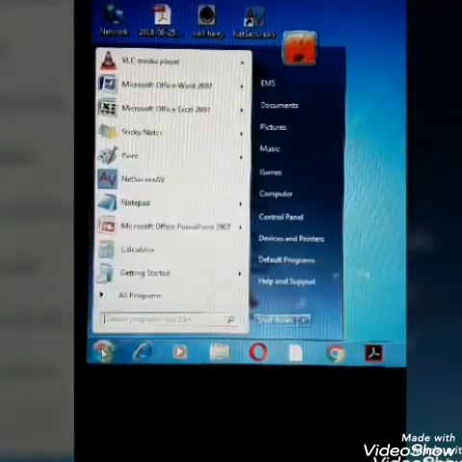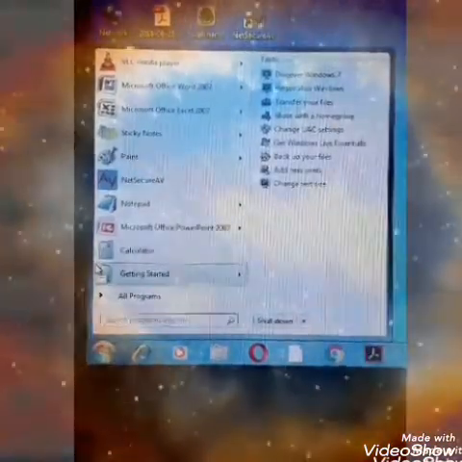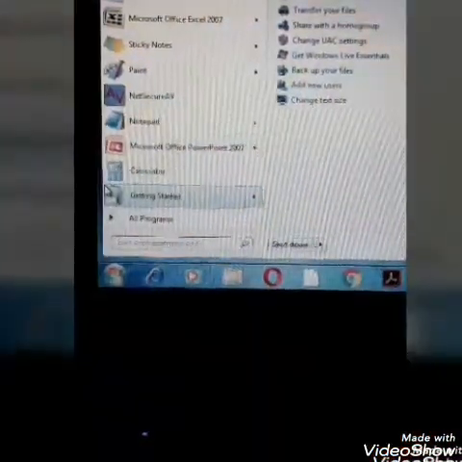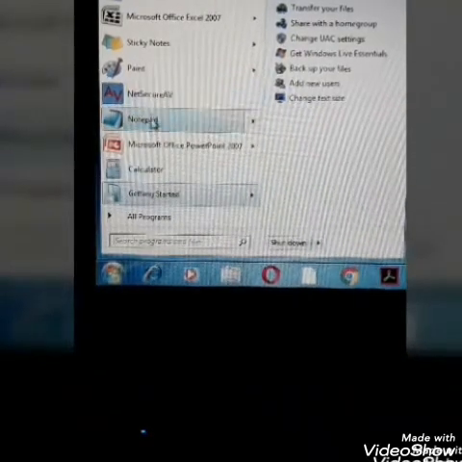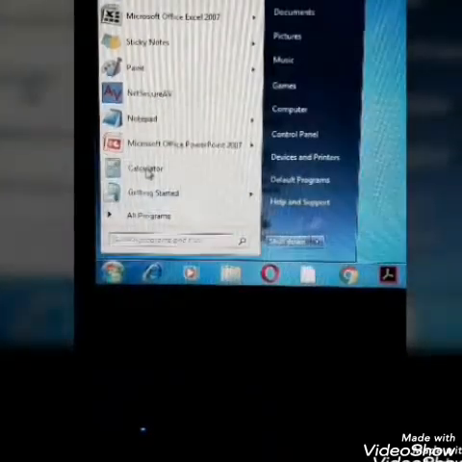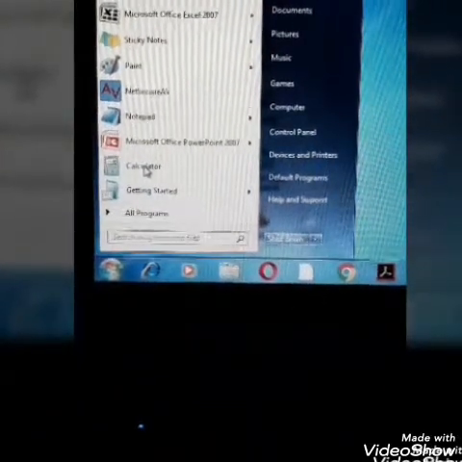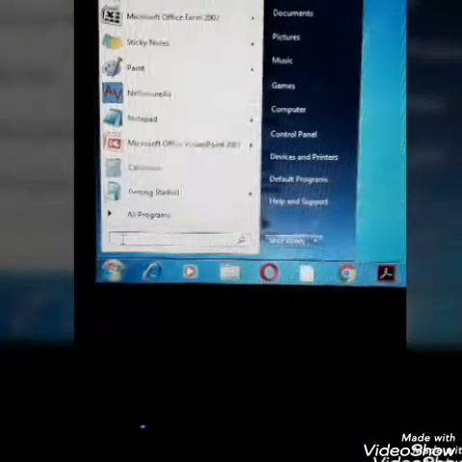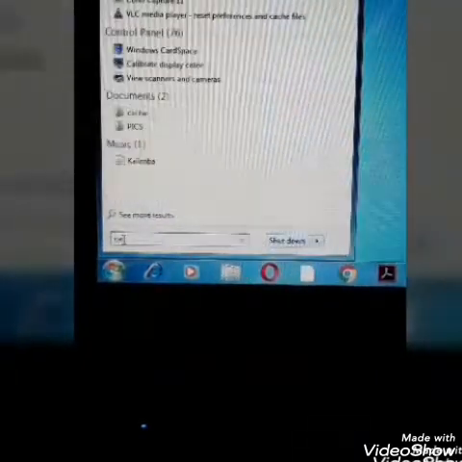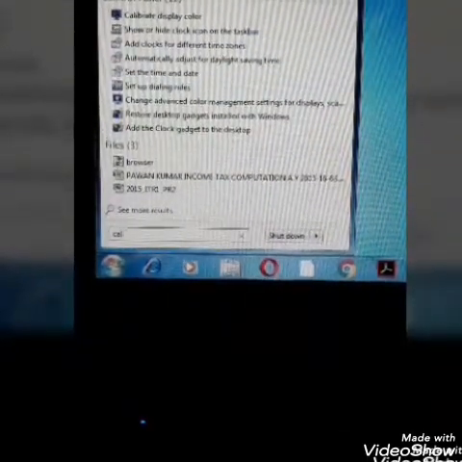Click on the start button and then you have to search for the calculator. If you get that application here, very good, you can click and the calculator will open. Suppose if you don't get it here, you can just type CAL and you will get the calculator app here, the application.